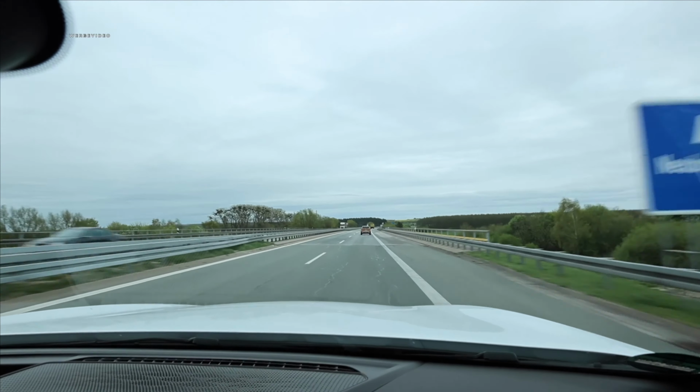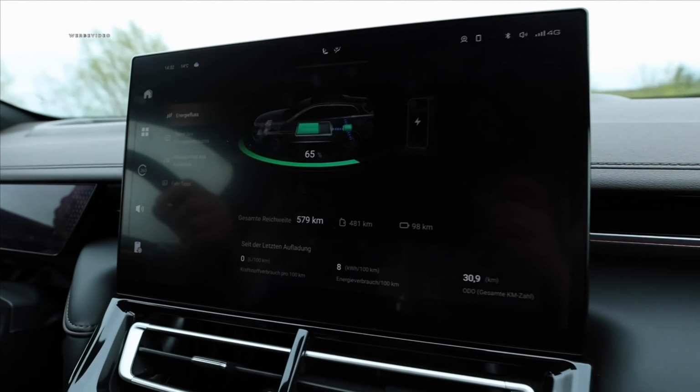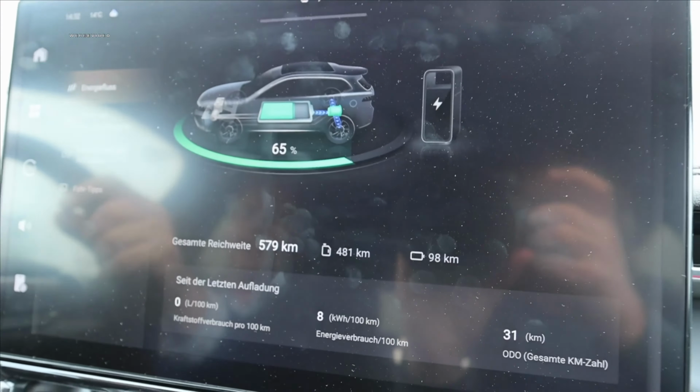how the consumption develops, and then of course we'll also drive through the countryside. We're driving through Neubrandenburg, through the villages, so it's going to be interesting with what percentage of battery we will arrive in Neustrelitz. And from the net capacity, we can then also calculate the consumption. We have reached our designated highway exit after covering a distance of precisely 30.9 kilometers, and subsequently, the battery level